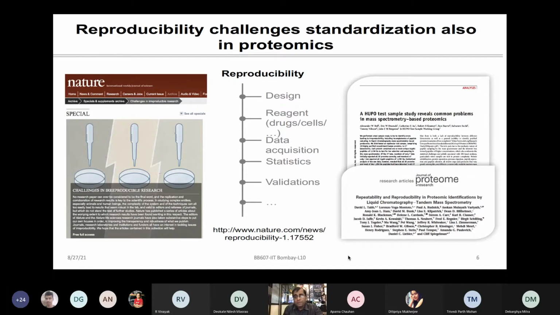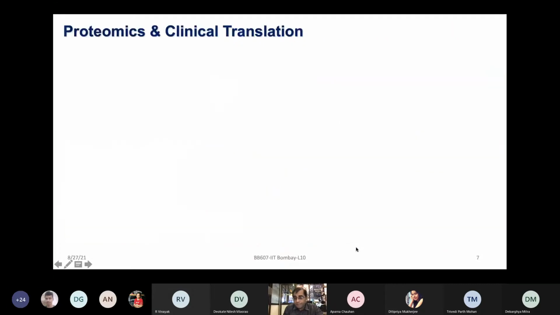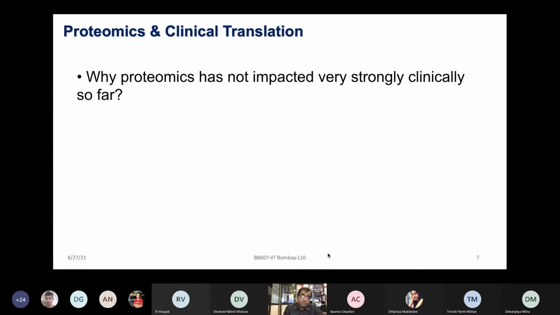But nevertheless, when you work with clinical samples, then it becomes much more important to validate your targets. Given that there's so much heterogeneity among each individual in clinical samples, as compared to if you look at 3 replicates of yeast culture or bacterial culture or a cell line, those can be still much more tight and more reproducible.